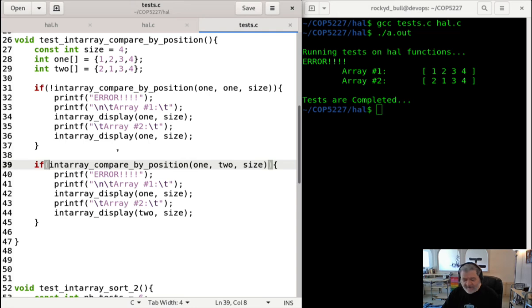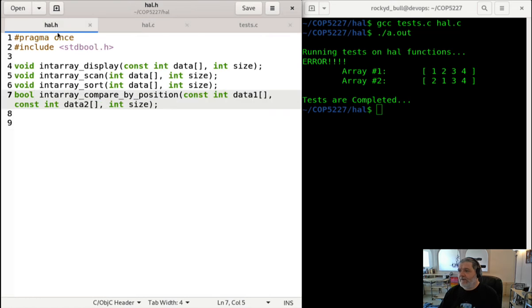Okay. I have those tests here, and you can add more tests. Obviously, you can go through all the permutations of arrays of 4 elements if you want, and run all of those through the inter-array compare by position function to make sure it works. I'll leave that as an exercise if you want to, but what we are going to do next in the video, we are going to go back to our